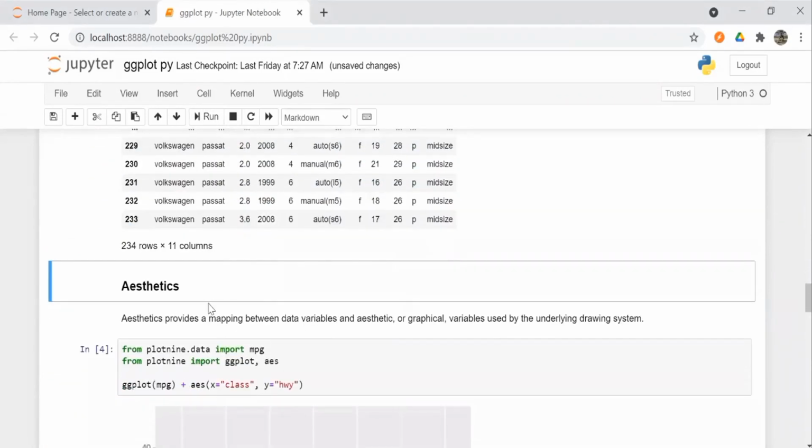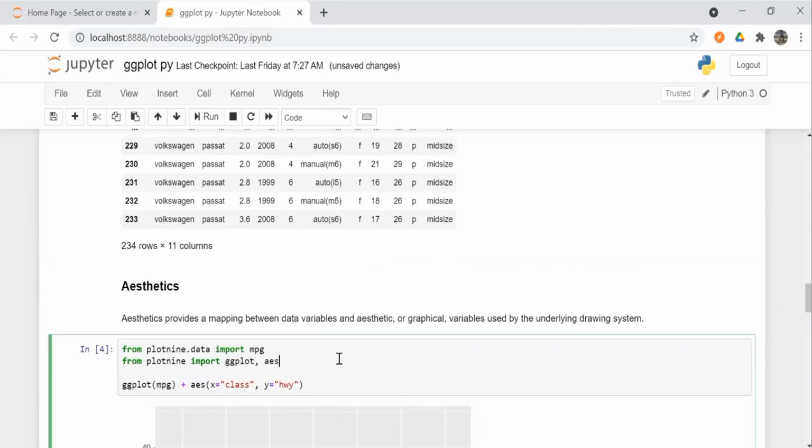Now, aesthetics. What is aesthetics? Aesthetics provides a mapping between data variables and aesthetic or graphical variables used by the underlying drawing system. Aesthetics maps data variables to graphical attributes like 2D position and color. How to do it?